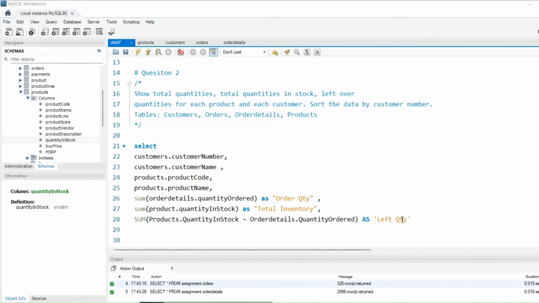So what I did, I want to calculate the leftover quantity. So what I did here, quantity in stock minus whatever quantity the customers order. So we got the leftover quantity. These 5 columns we were looking for: customer number, customer name, product code, product name, order quantity, whatever they order, total inventory, which means whatever we have right now, and leftover quantity means